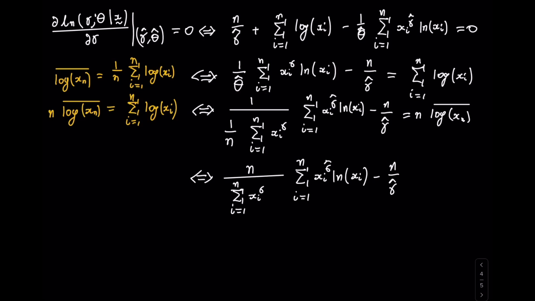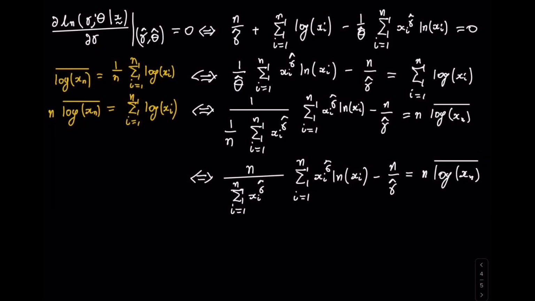Don't forget all the hats everywhere. I keep forgetting to put my hats. Poor habit of mine. Now, one final step here is we're going to divide each side by n,